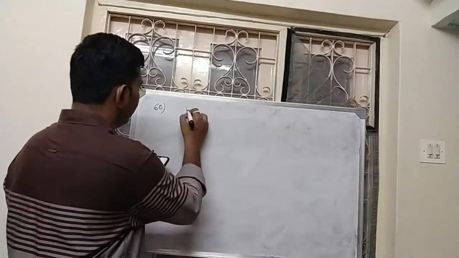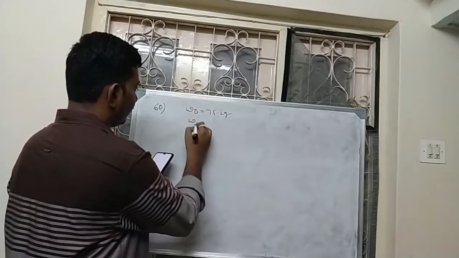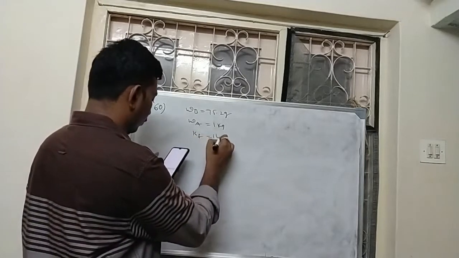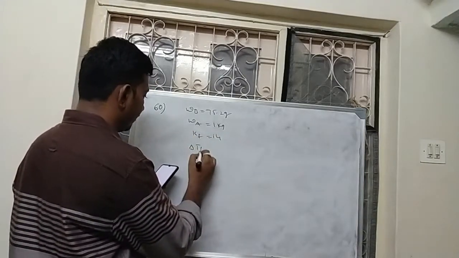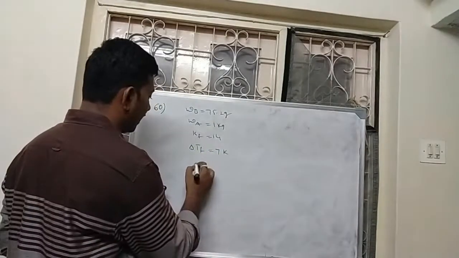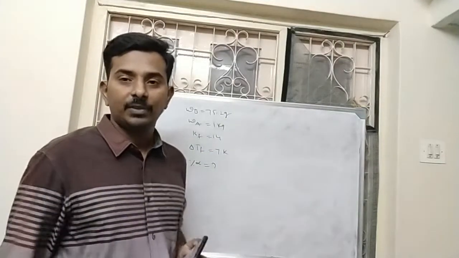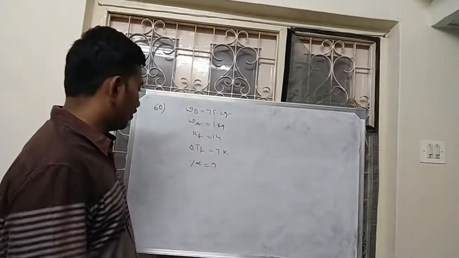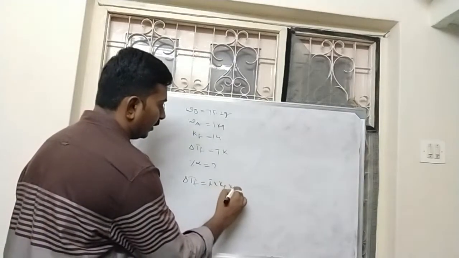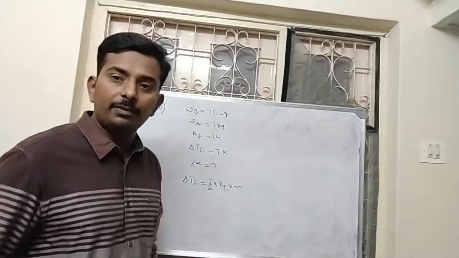So mass of phenol is given as 75.2 grams. Mass of solvent is given as 1 kg. Kf value is given as 14. Depression in freezing point, delta Tf, is given as 7 Kelvin. We need to calculate percentage alpha, how much phenol will be undergoing dimerization. So this is the given information. As delta Tf is given, delta Tf is equal to i into Kf into m. First I will calculate the value of i, then I will calculate the value of alpha.